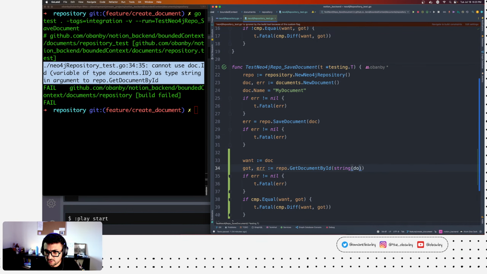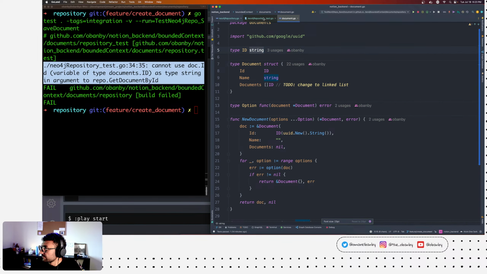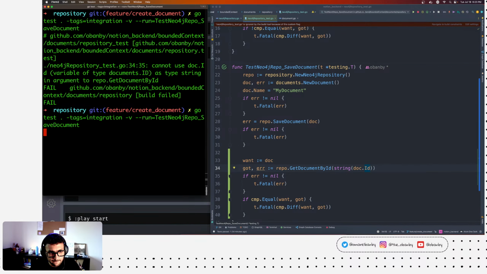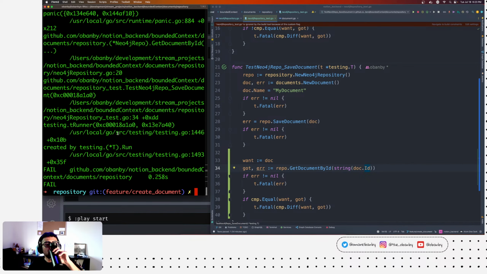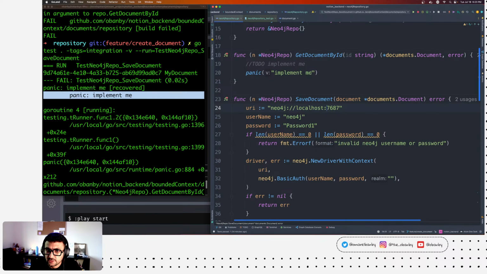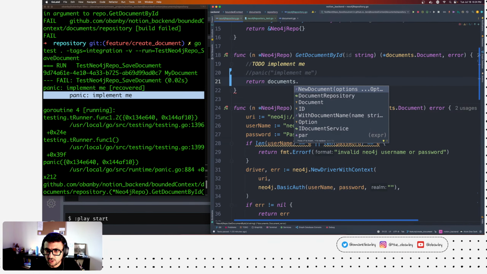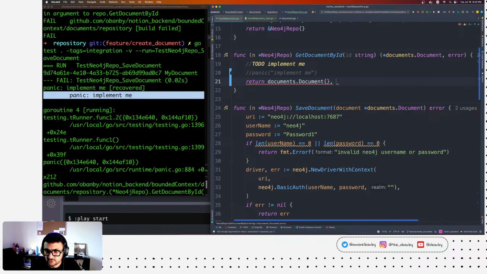So we're gonna say doc.id, which then we can, since doc ID actually is an underlying type of a string. Bingo. So it says panic implement me. Okay, so let's remove that for now just to fake it, and we're gonna return documents. We're just gonna return an empty document and nil.